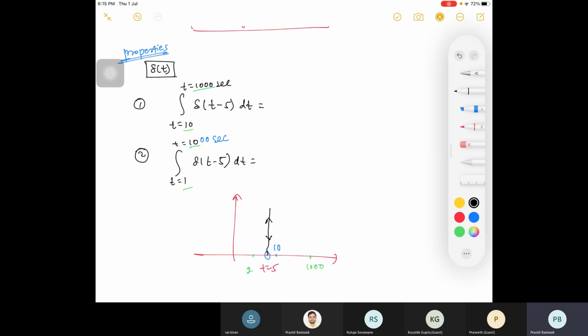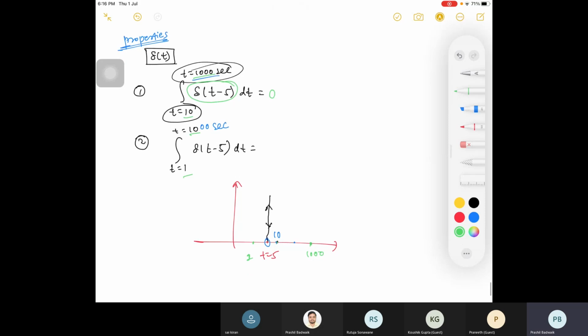You will find this curve. But whenever I'm writing this from 10 to 1000 seconds, will you find this curve? No, right? So if I'm integrating it from 10 to 100 or 10 to 1000, what is that value? Will I get any curve? Will I get any area? No. So its value will be 0 here. Why? Zero, because you will not find any area when you integrate from 10 to 1000.